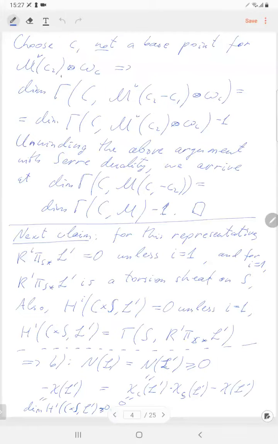It's a 0-dimensional space, and it is claimed that the first cohomology is the global sections of some torsion sheaf. So if the global sections of a torsion sheaf is 0, this means that the torsion sheaf itself is 0, right? So it means that the first direct image of L prime